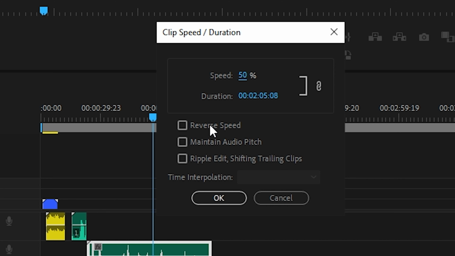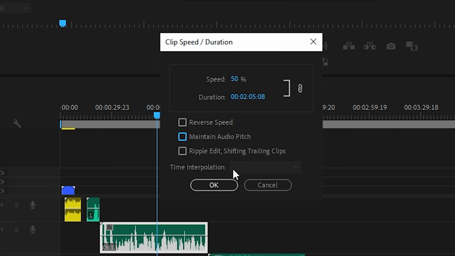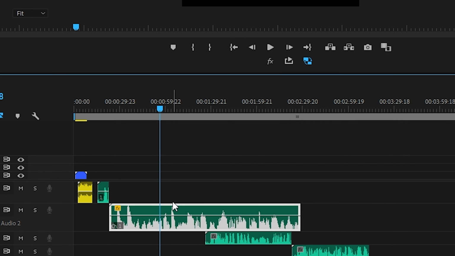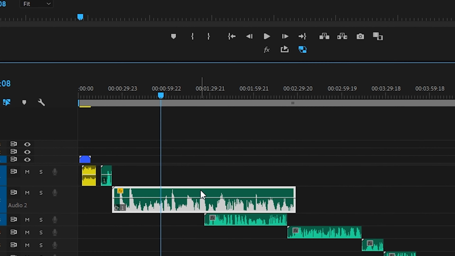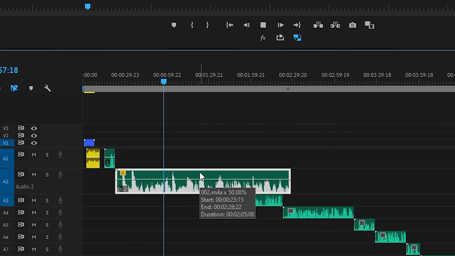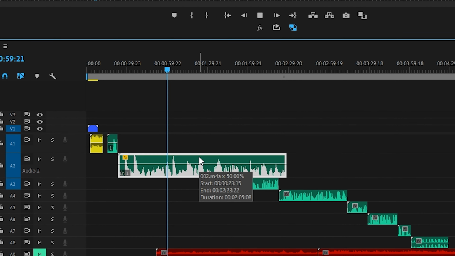You may also try to experiment with these two options below. You may always reverse the speed of the clip and even maintain the pitch of the sound on the same level, but I will not touch these options for now. Fortunately, I have a lot to choose from, but I need just 8 seconds for demonstration purposes.